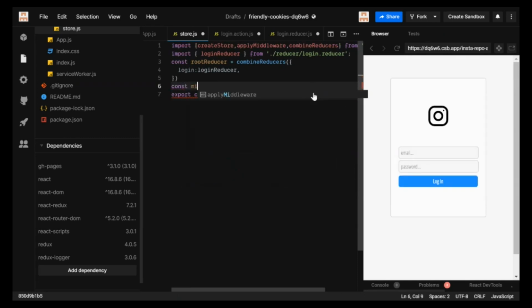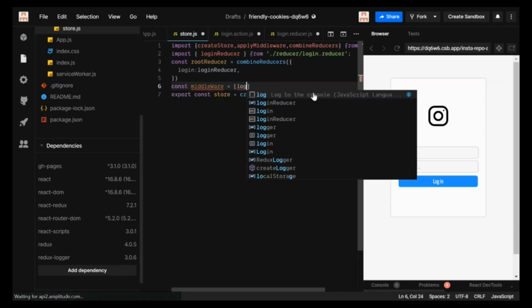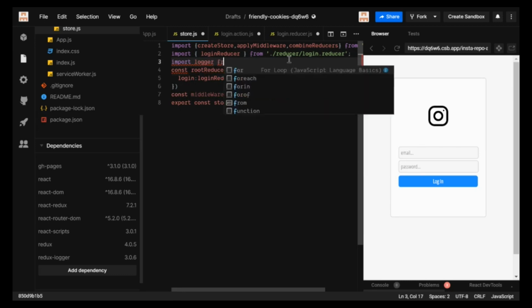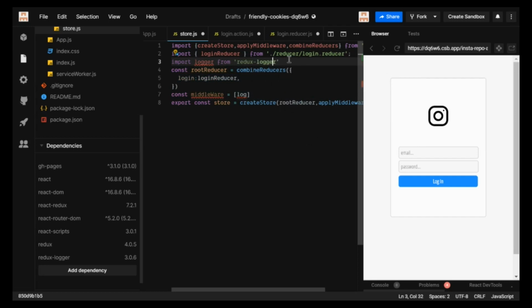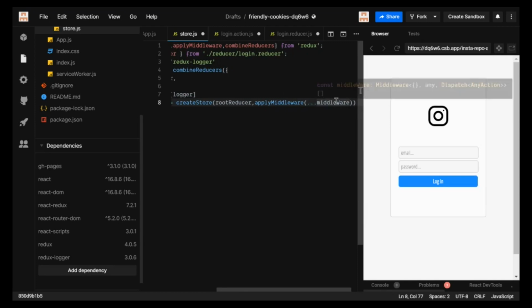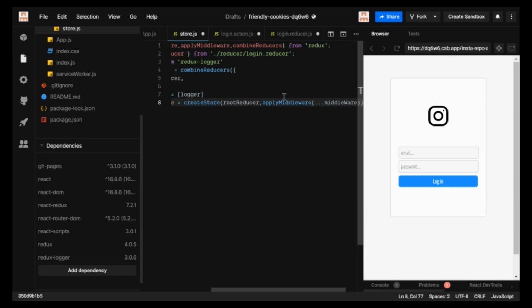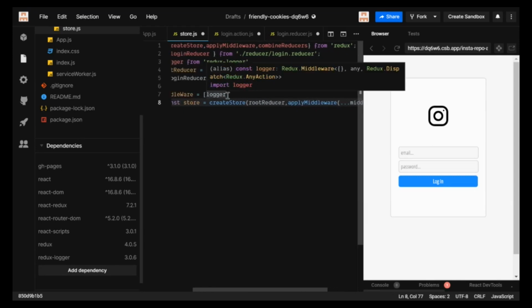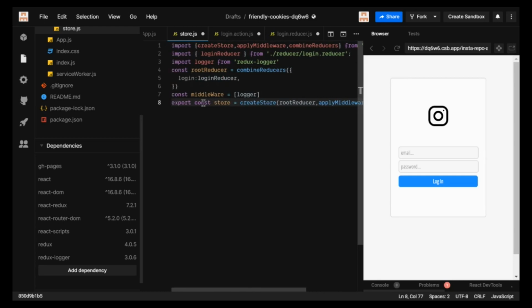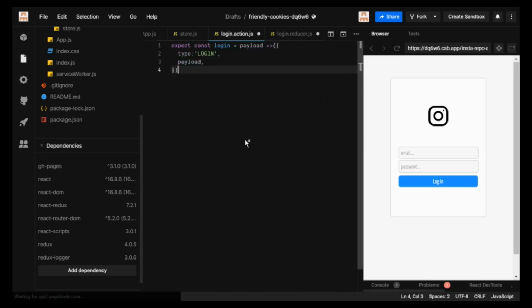But I'm just going to assign this middleware and pass it as an array. So import logger from redux-logger. Now just type in here logger, and in here we're going to just spread the middleware, so spreading the value inside this applyMiddleware. You can simply write logger in here, but if we're going to use more middleware, we can just assign them into an array. So this is complete. I'm going to just save these files in here